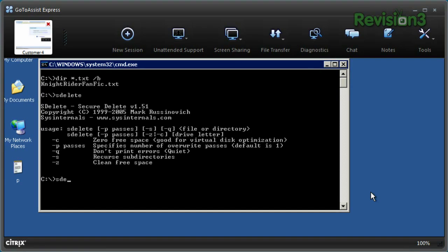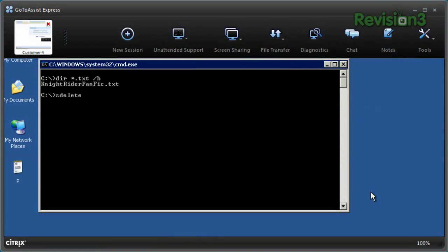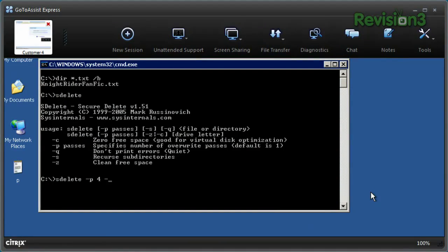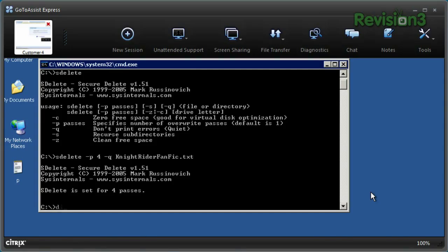So right now, I've gone ahead and connected to the Hak5 Cloud Lab to show you exactly what I mean. The -p option specifies how many times you would like to overwrite the file. 4 should be sufficient, but of course, the sky is the limit. -s enables recursive subdirectories, meaning all the files and folders nested within your target, and then -q makes it quiet. So it's easy to run from the command prompt and it's primed for batch files, but